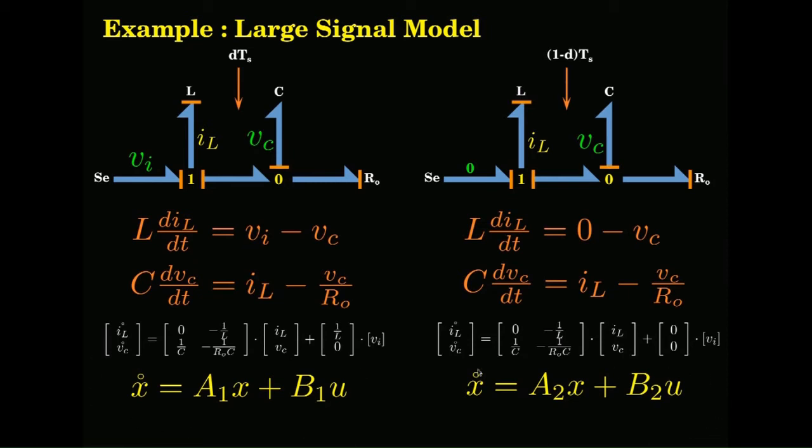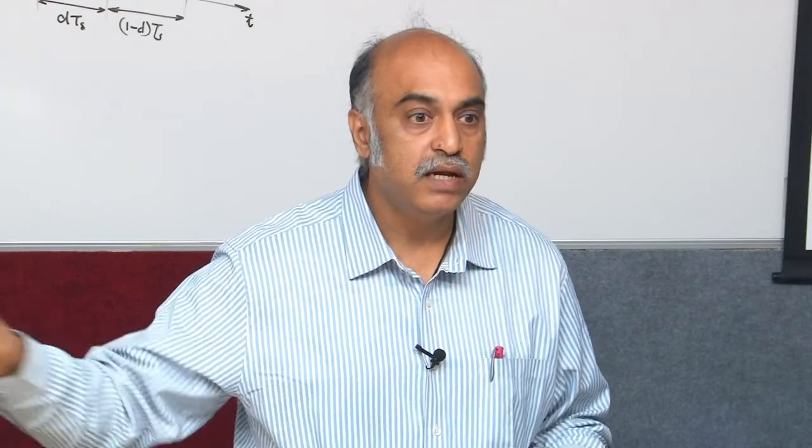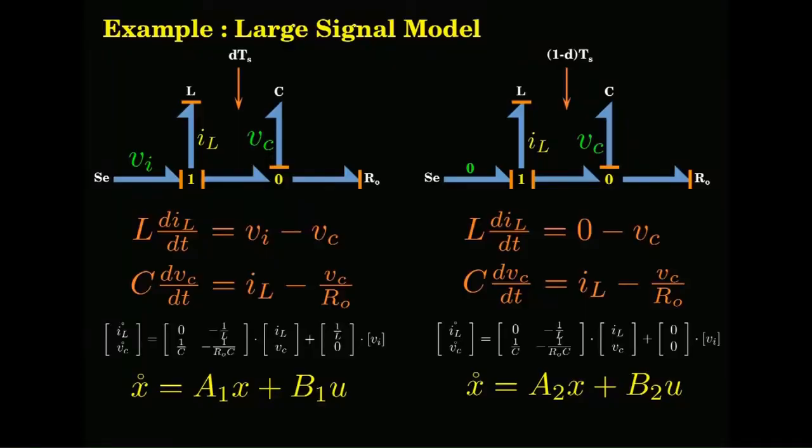So, this is a generic structure, x dot is equal to A1x plus B1u, x dot is equal to A2x plus B2u. So, this is what you will result. If I am having n such intervals, I will have x dot is equal to An x plus Bn u. So many mutually exclusive state equations will come to you. So, how do you now combine them?